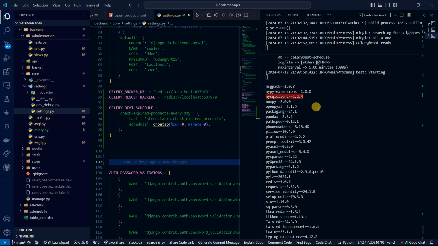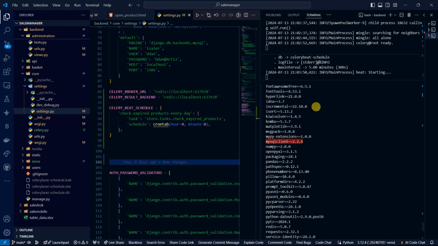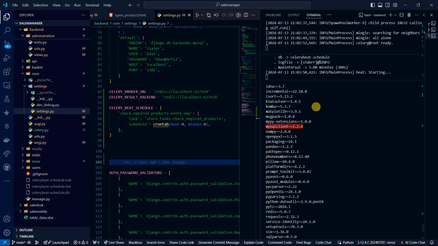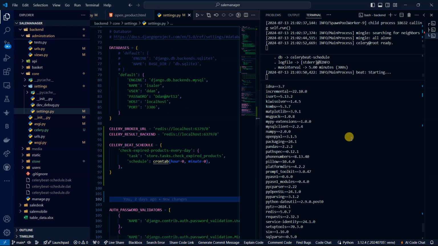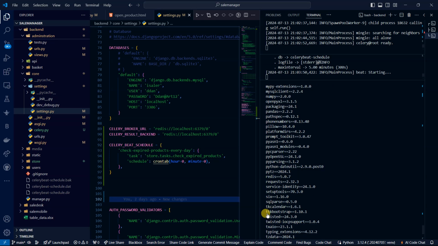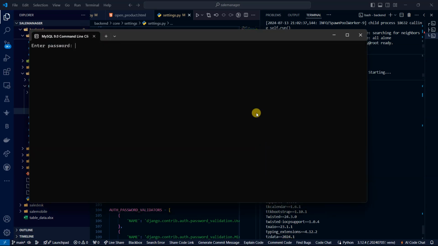But if you are using something like PostgreSQL, you'll need another tool that helps you connect to your Postgres database. But for me, I'm using MySQL. If you're using SQLite3, don't worry. The same process will be done as we are going to do it in the MySQL database. So in my MySQL database,